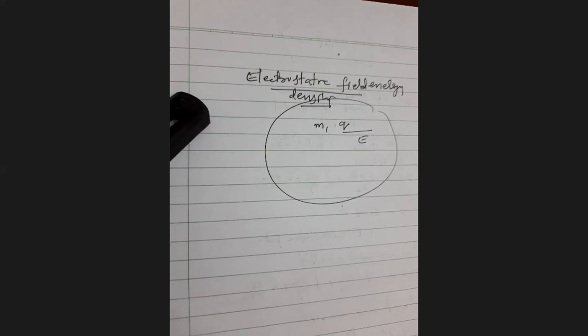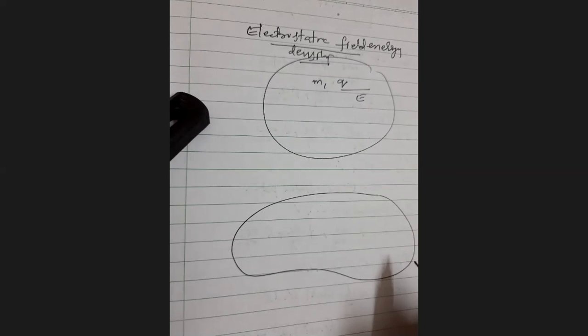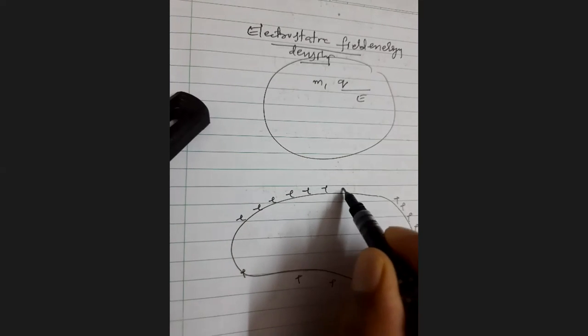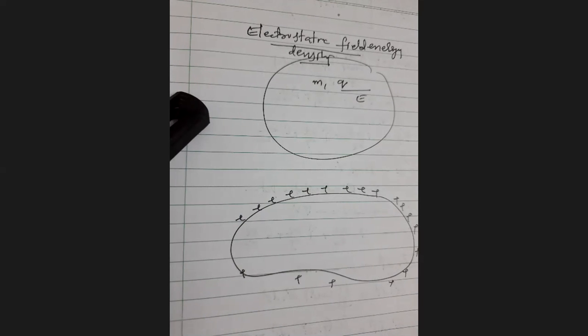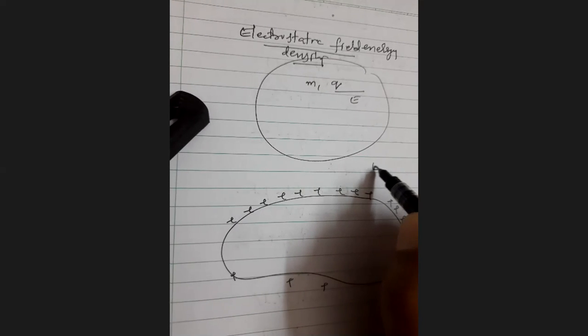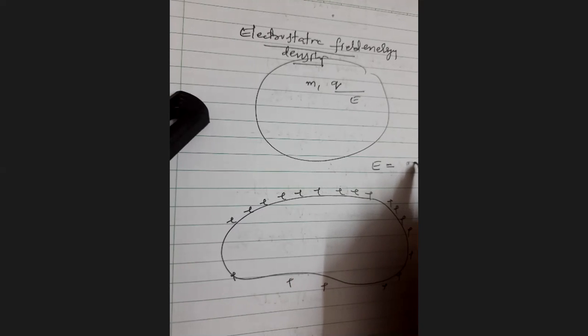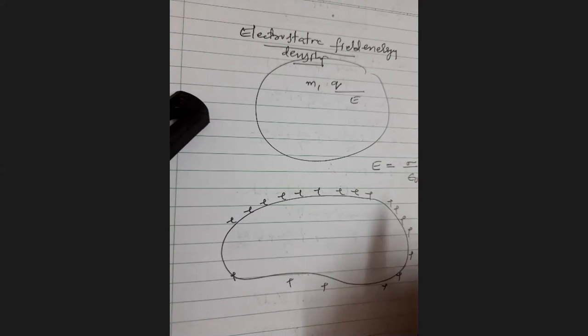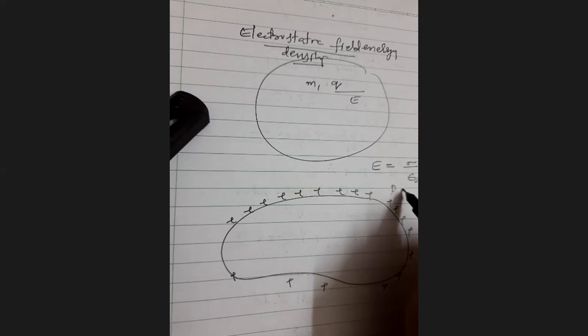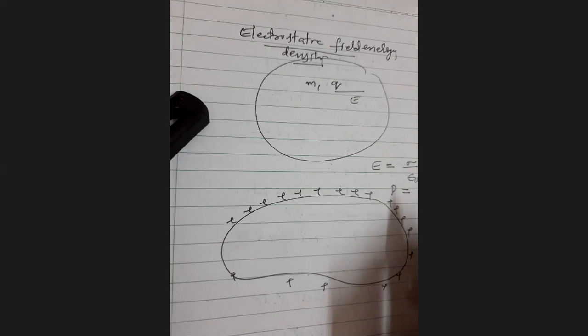For that, consider this diagram. This is a charged conductor, right? Hence, the charge resides on its surface. You know that the charge distributes on the surface of the conductor, right? So with our previous discussion, the electric field strength very near to the charged conductor is E equal to sigma by epsilon naught, equation 1, right? And it is also experiencing a force, the mechanical pressure or outward electric pressure.